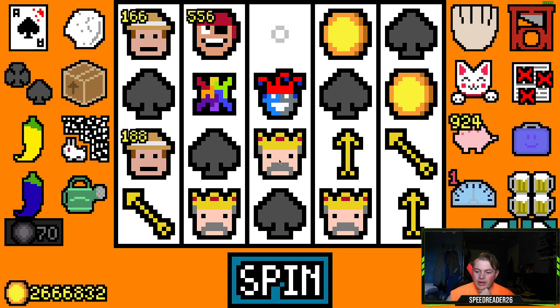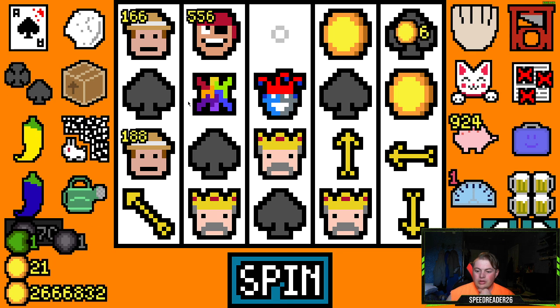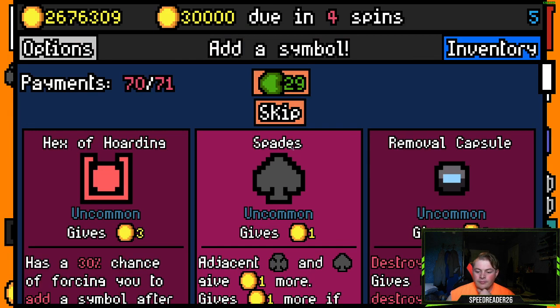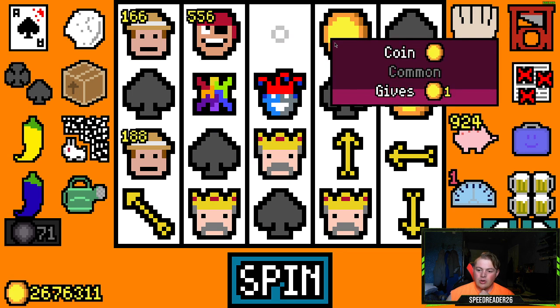I wanted to move that king out of the way, which is why I didn't put him here, so that he would put a coin up here where the pirate could actually get to it. That's the weird thing about it. So the pirate eats on...